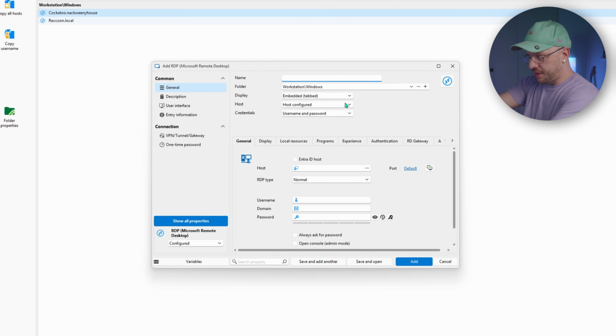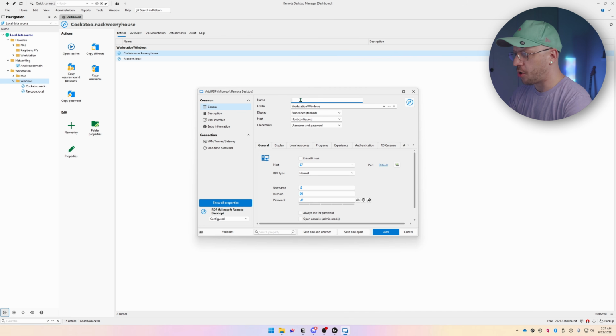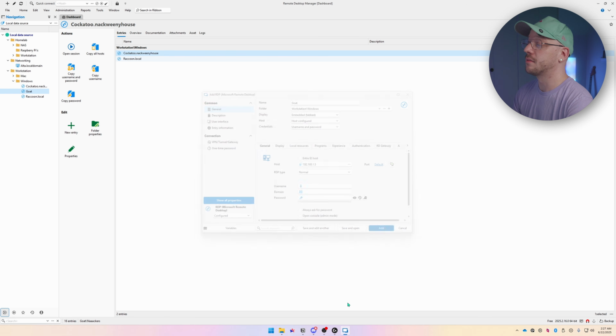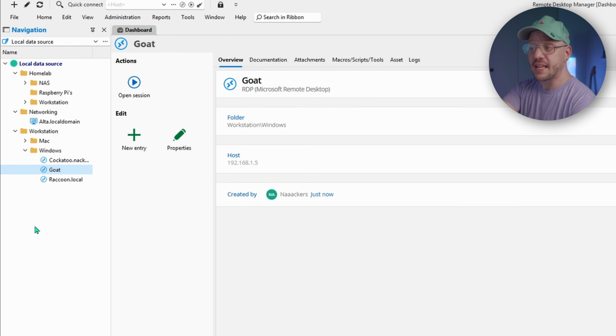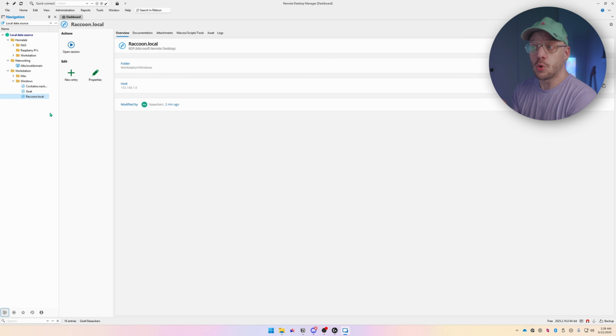So this screen right here, this dialog box is now crafted for RDP sessions. So for name, I'm going to call this GOAT. It's the name of my gaming PC. And I know the IP address is, I'm going to hit add, and then it places that RDP session in the Windows folder, in the workstation folder. So already all of these devices are ready to connect to, ready to remote access,